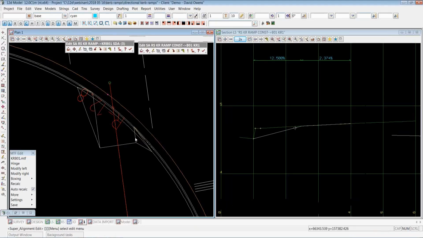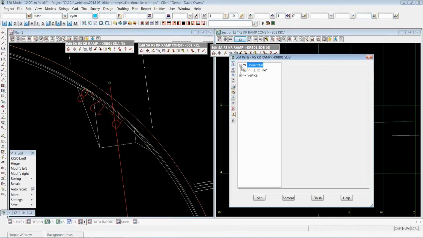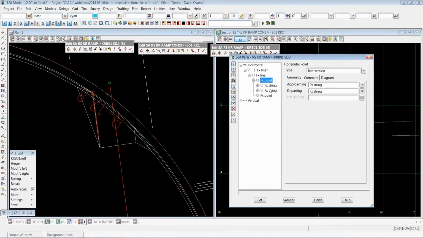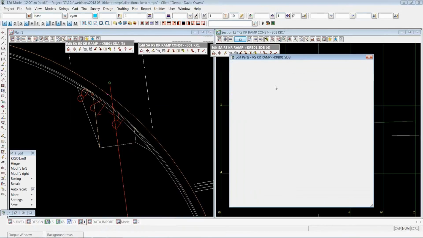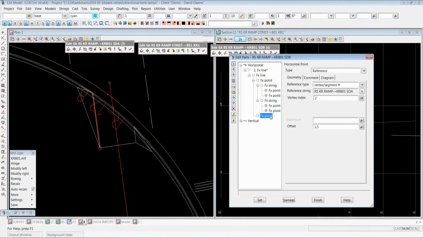So to create this alignment in the first place, I simply went to strings edit duplicate, made an exact copy of that first side string, just gave it a new name, and then the only thing that was left to do was to come into the computators and just change the side of the initial intersection,